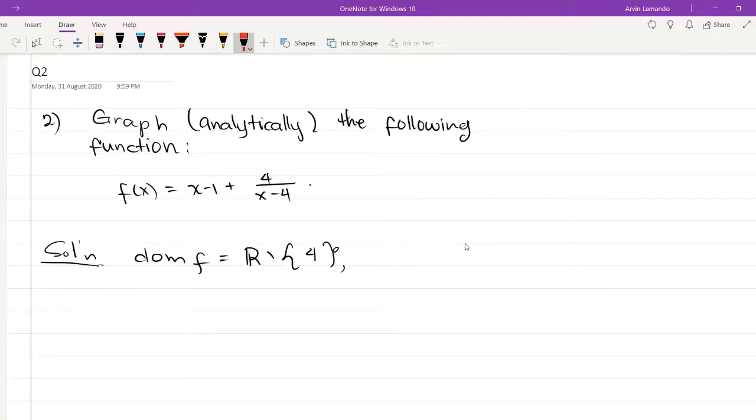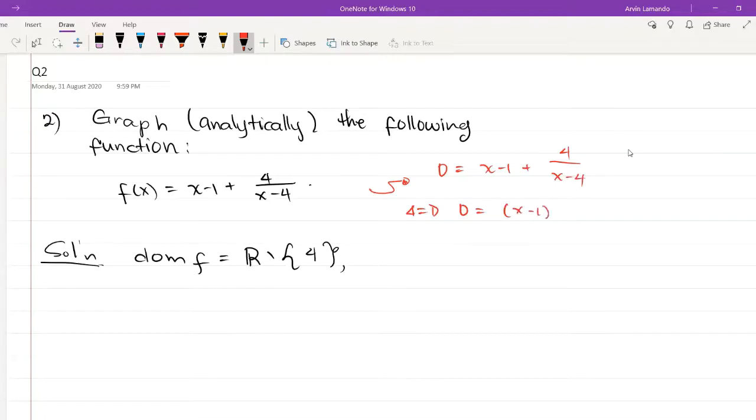We also would like to solve for the x and y intercepts of f. If you want to solve for the x-intercept of f, you should just set f of x equal to 0. So let us solve that equation. If f is equal to 0, we have x minus 1 plus 4 over x minus 4. Since x is never equal to 4, this equation is equivalent to